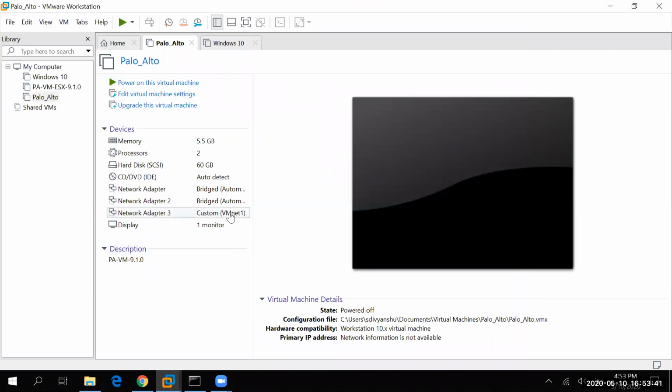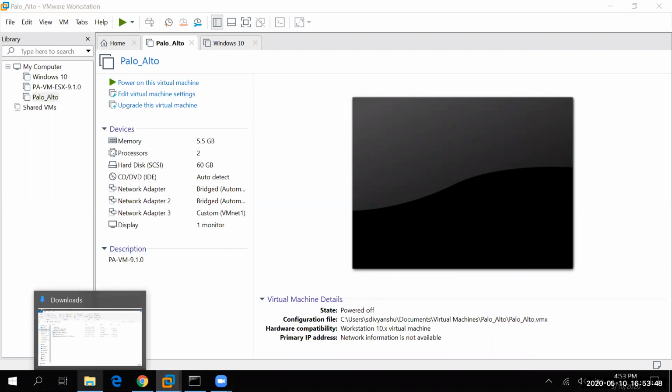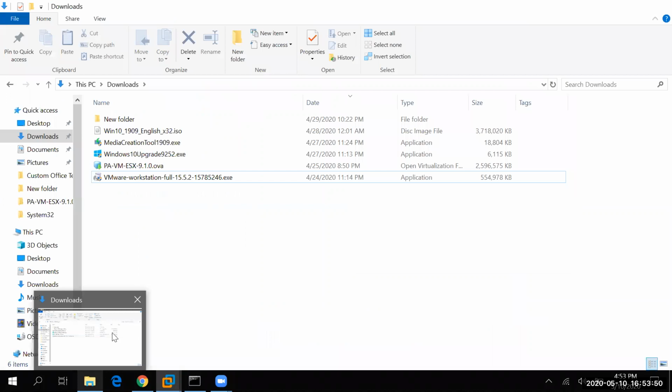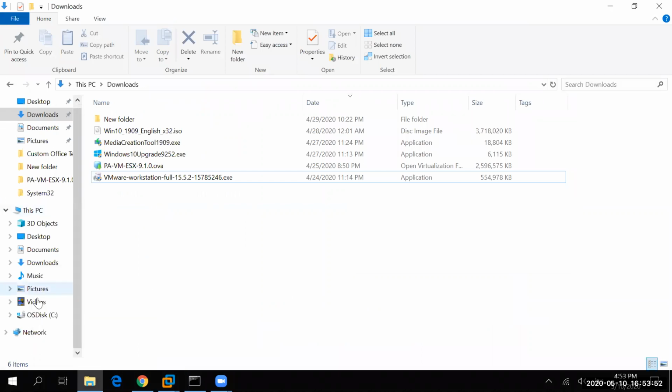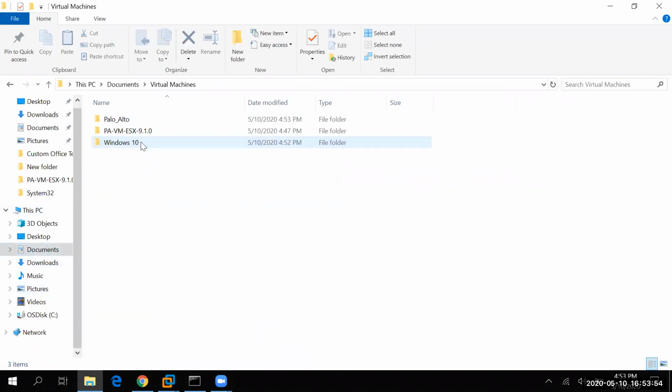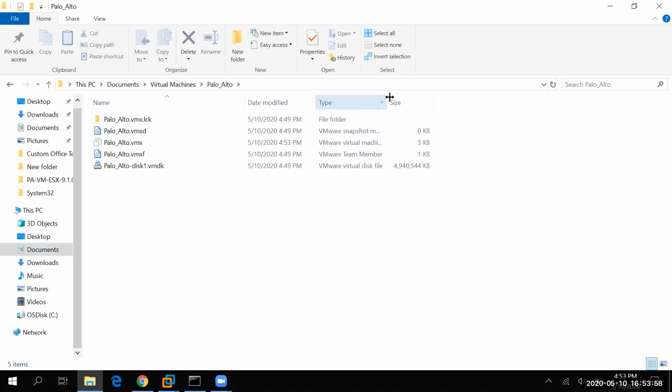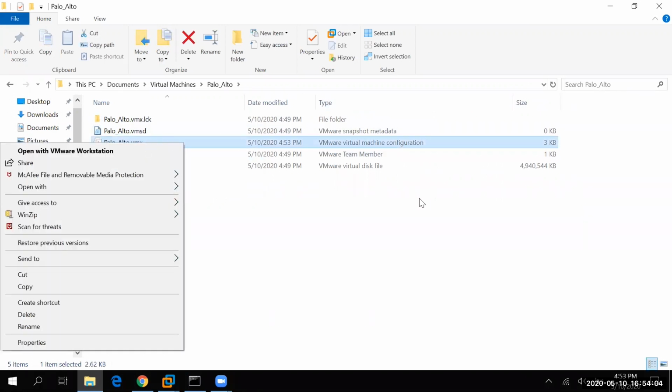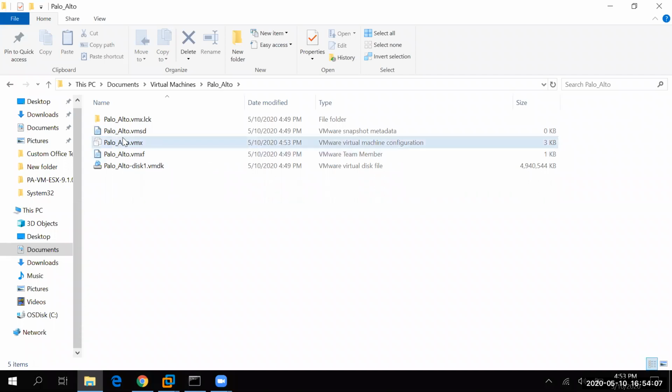One more thing we need to verify is that in our VM file, we have the same VNet name in our virtual machine configuration file.